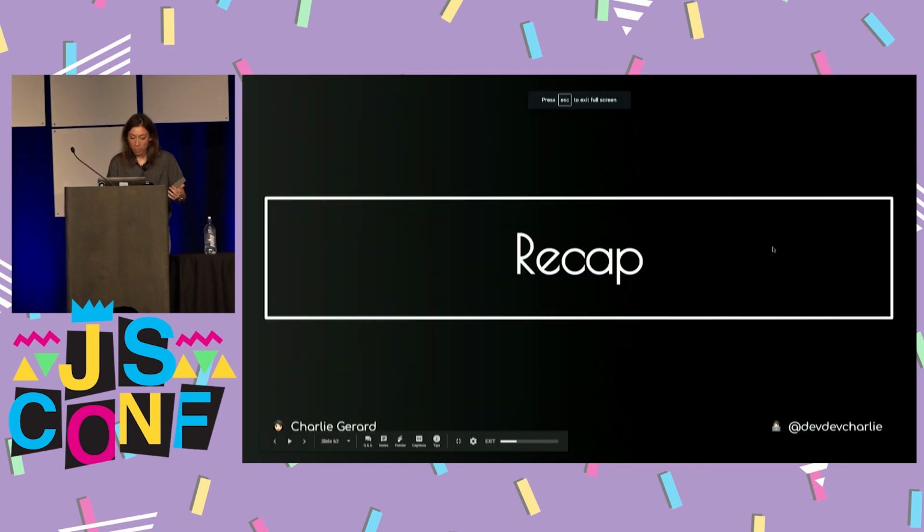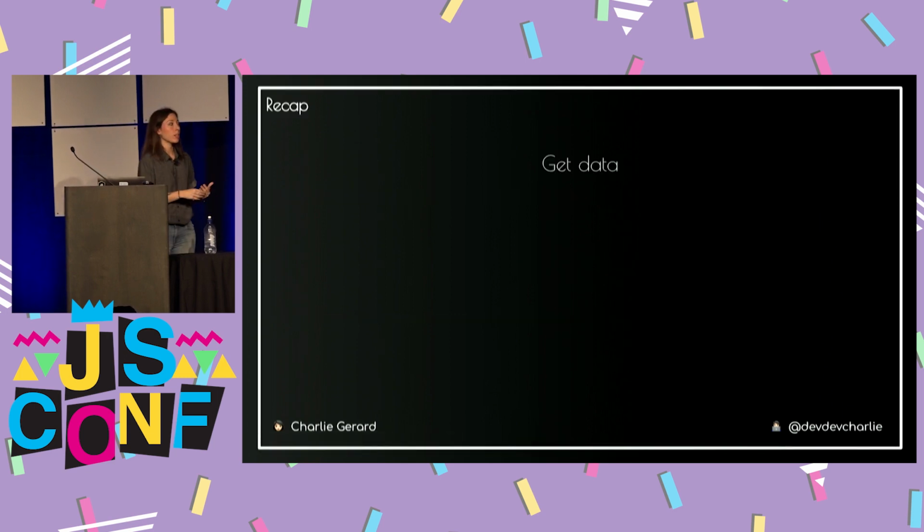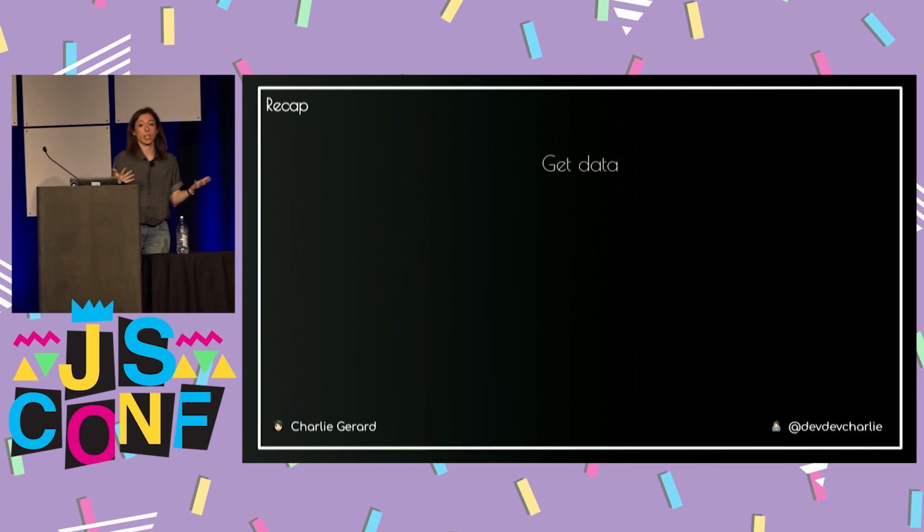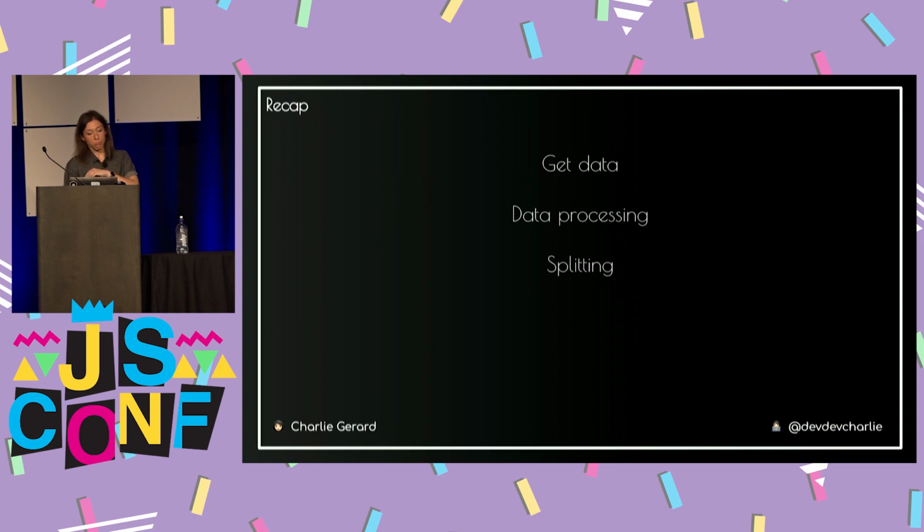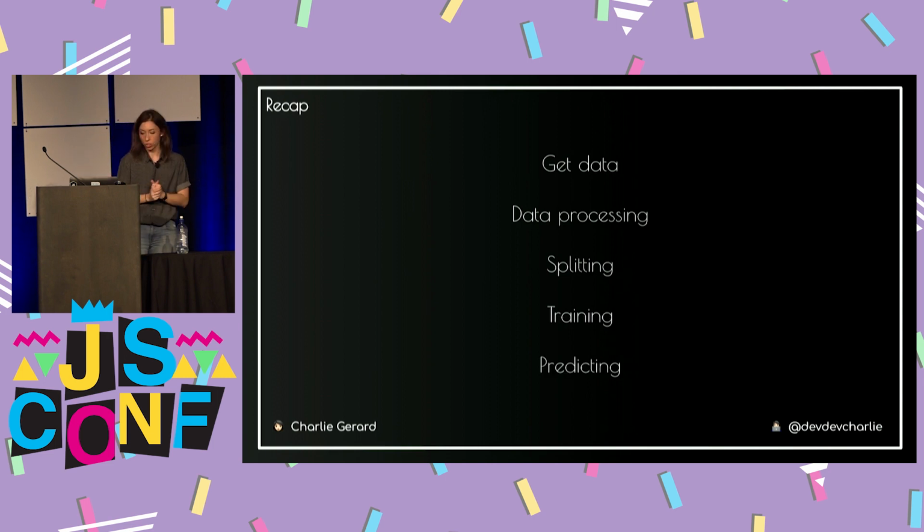But yeah, just before I finish, a little recap if you want to know how to build that kind of stuff. You have to start with getting the data. I used certain sensors, but if you have others, you can use really whatever gets you data. I used accelerometer and gyroscope, but you could use a flex sensor, a touch sensor, a light sensor, or really anything. Once you have the data, you need to transform it a little bit so that it can work with TensorFlow. Then you have to split it between the training set and the test set. You have to train your algorithm, and finally, you can run the predictions.